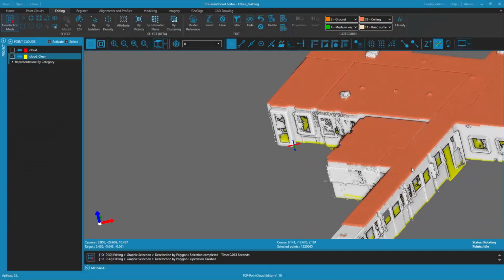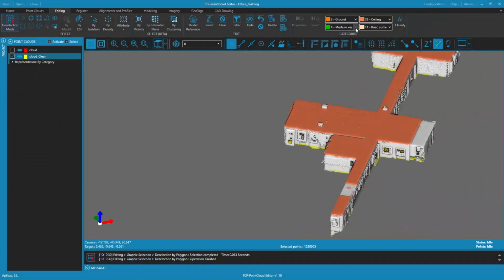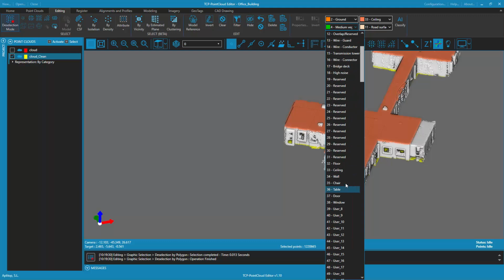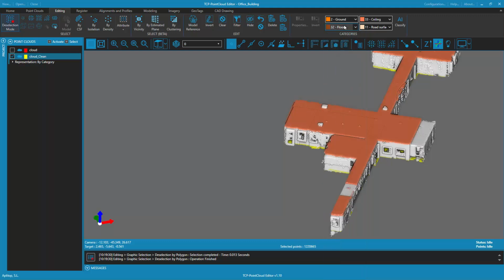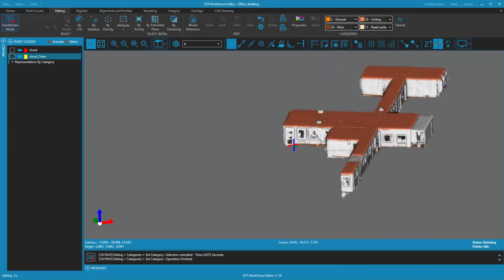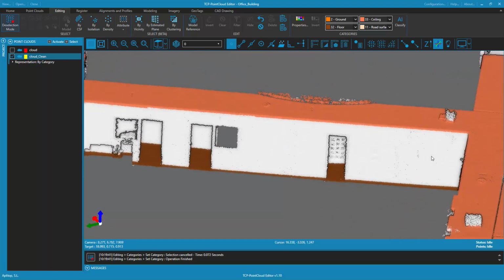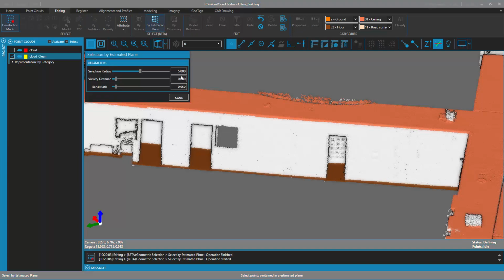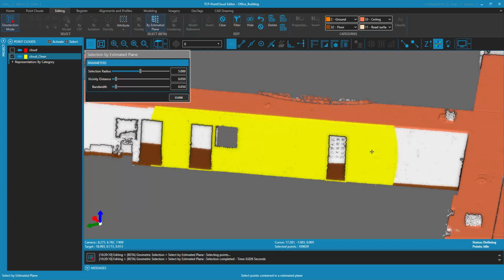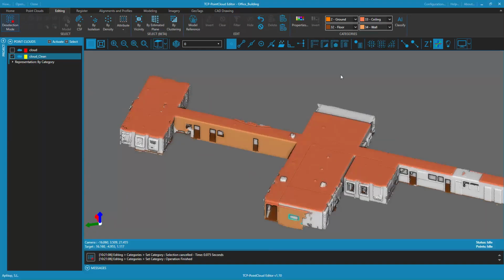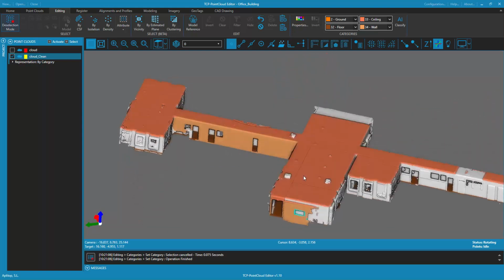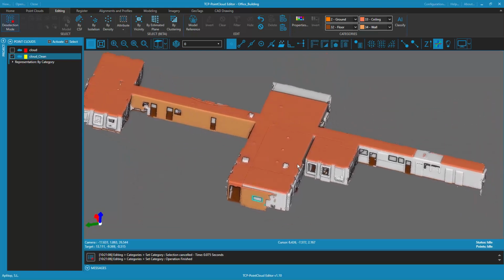In the same way, we can do that for the floors, and even something that we can do with the elevation selection is to select the walls. This way, we can select the same tool of estimated plane, and using this tool, we can select all the walls that are more or less planar. Okay, we assign this classification,